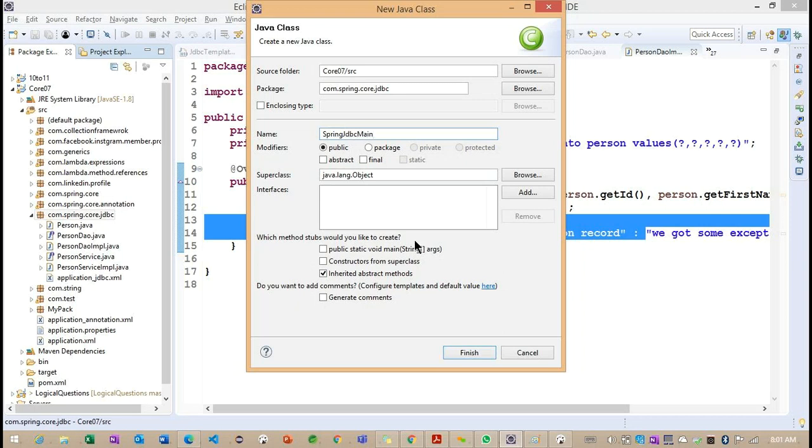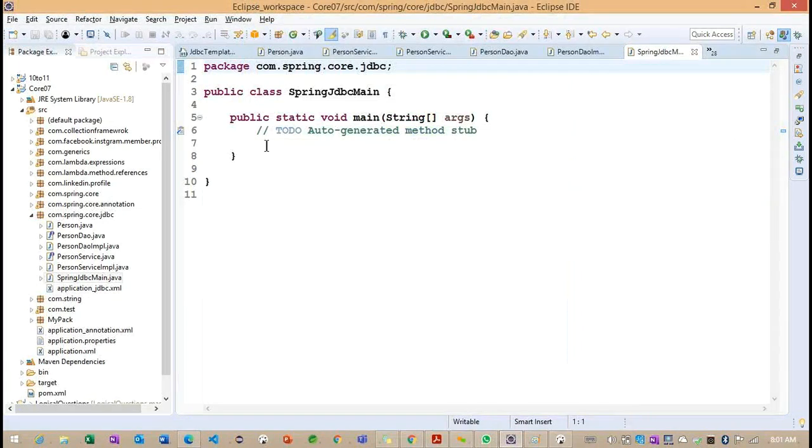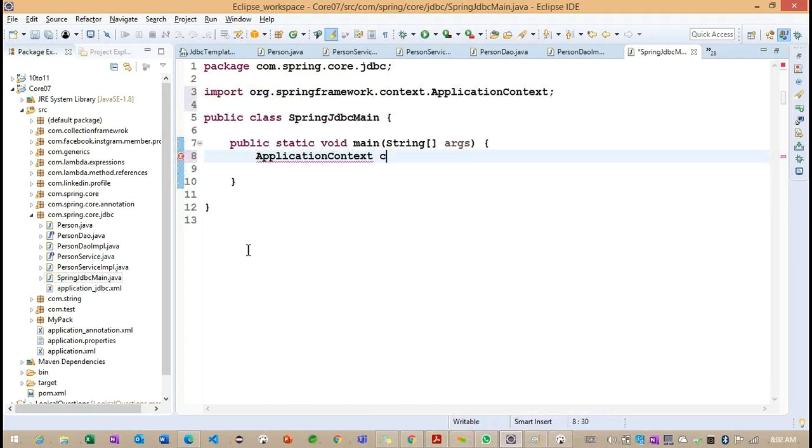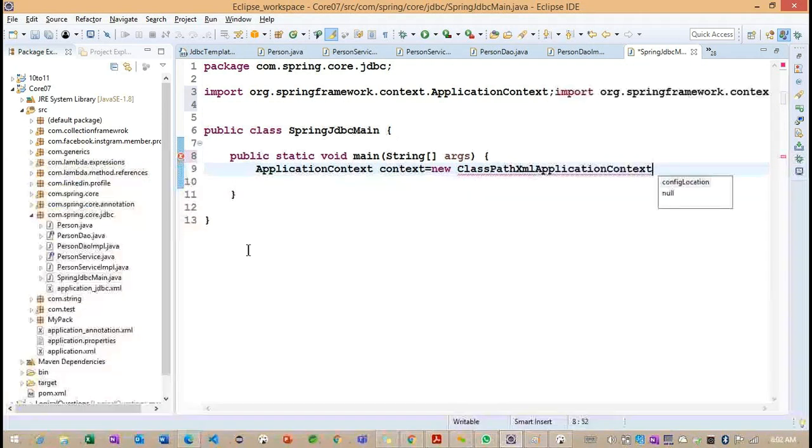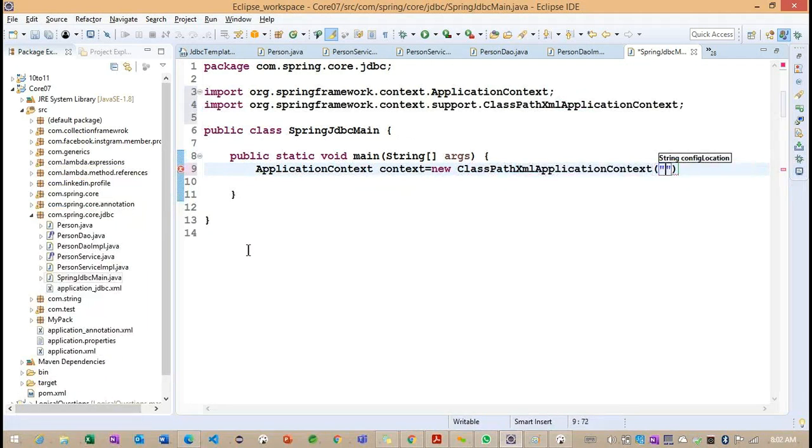Spring JDBC main. We are going to run our application with the help of this main. Now what I am trying to write, we'll copy from the other one, otherwise we'll create the application context, which we already identified. Context is equal to new ClassPathXmlApplicationContext. We'll provide the configuration file.